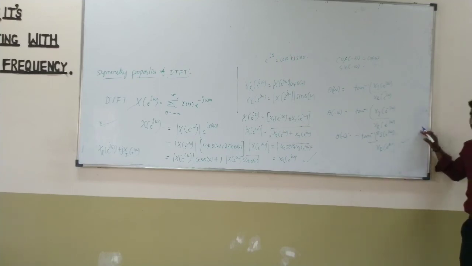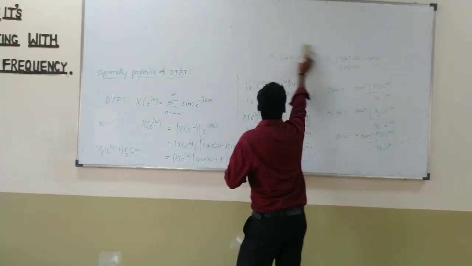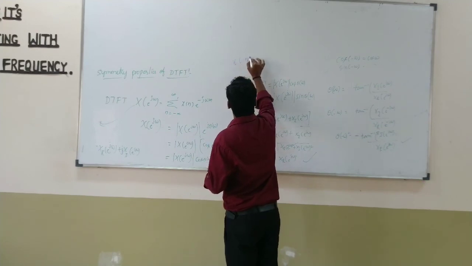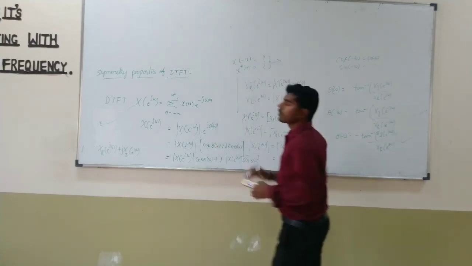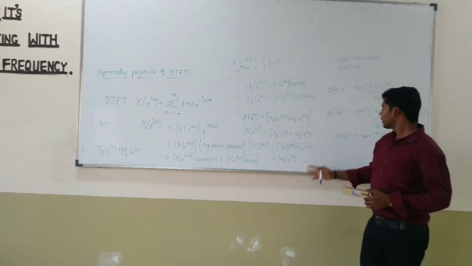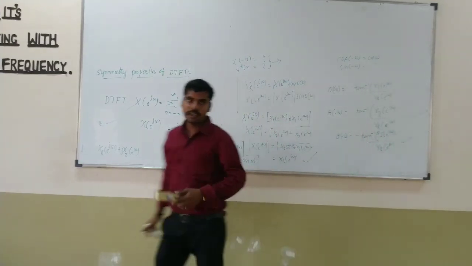This is a very important property. Suppose we consider the general representation: X of minus n is equal to what? X conjugate of minus n is equal to what? These are just exercises for your point of view. You have to solve the corresponding equations, and we will get them in the form of a symmetric one. So that is today's class. It is also very important for you.